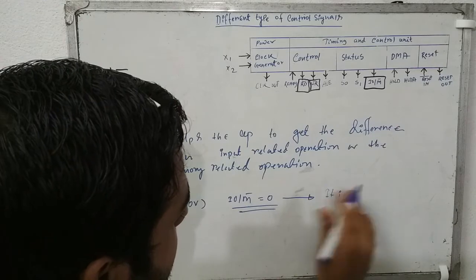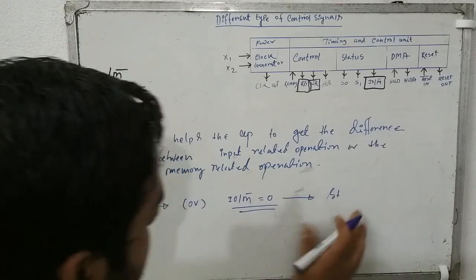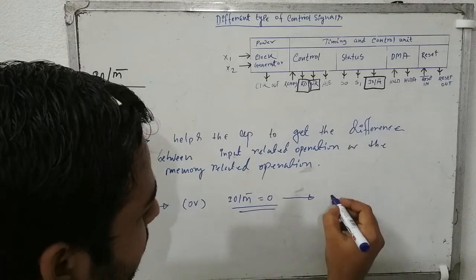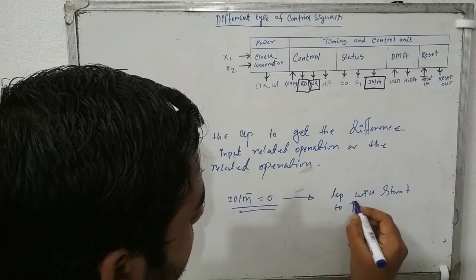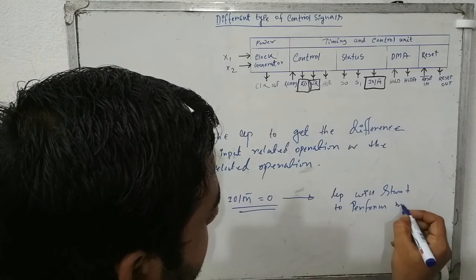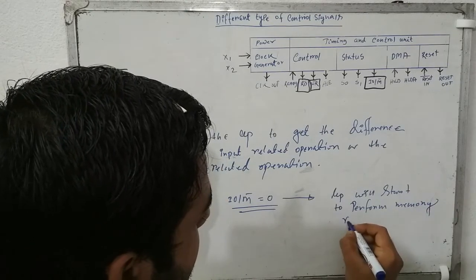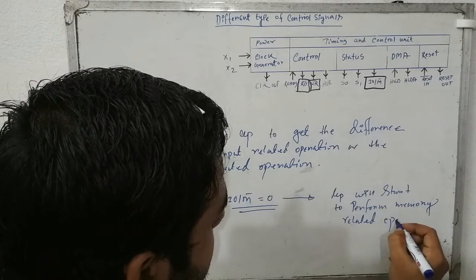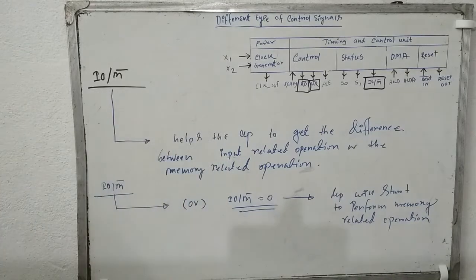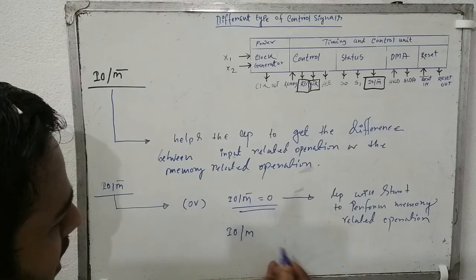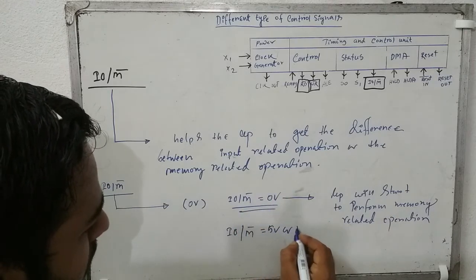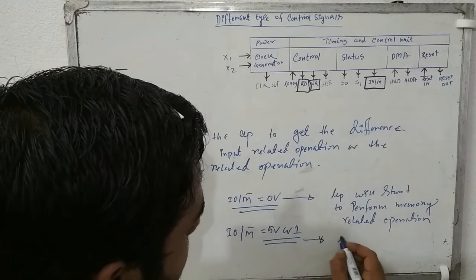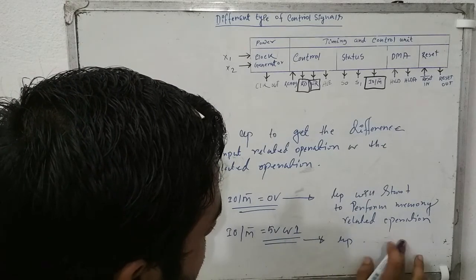The microprocessor will start to perform memory related operation. And when it gets the high value, as opposed to 0 volt, that is 5 volt, or you may say 1, then the microprocessor will start to perform